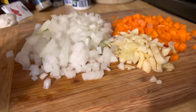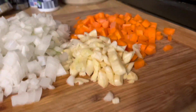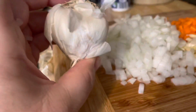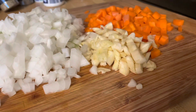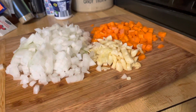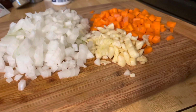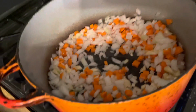You do the onions at a kind of a large dice, the carrots however big you want them. I like my carrots real small. That is 6 cloves of garlic, which was about a third of my bulb of garlic. 6 cloves of garlic is probably much more than most people would use. Most people might use 1 or 2. As far as I'm concerned, garlic is a food group. You could serve it as a side dish. I like it that much. So I went ahead and used the 6 cloves, and that was conservative. I really wanted to use the whole thing, but I didn't want to freak you guys out. So our aromatics are in there,